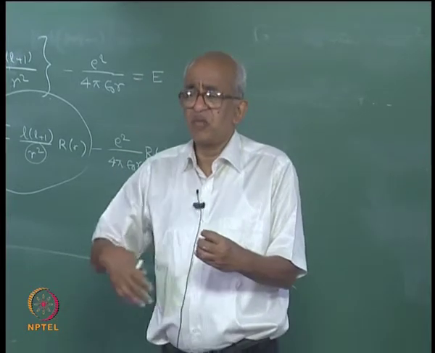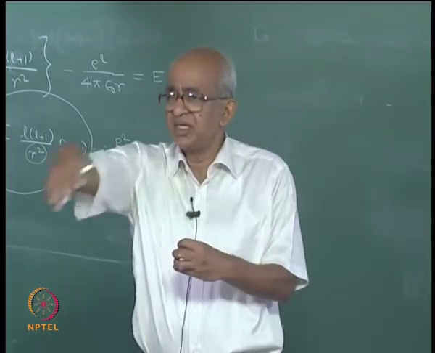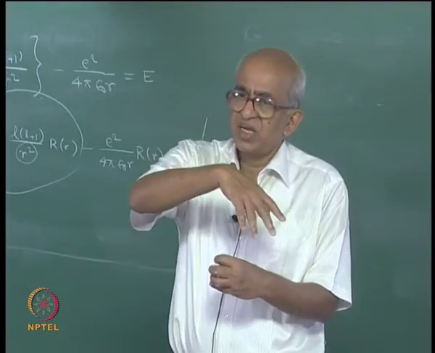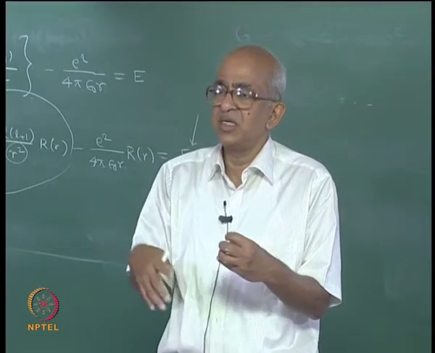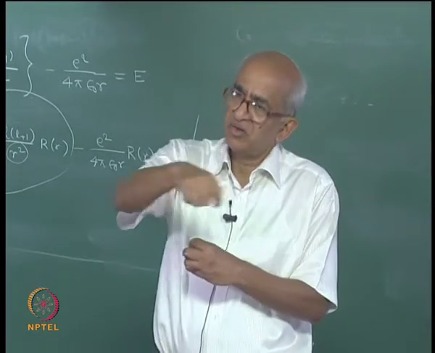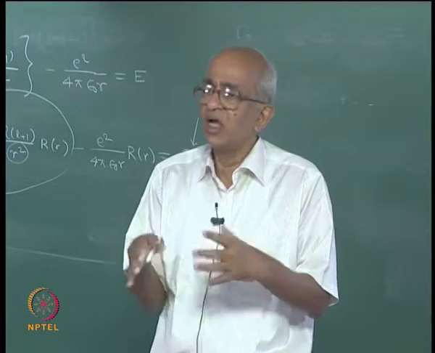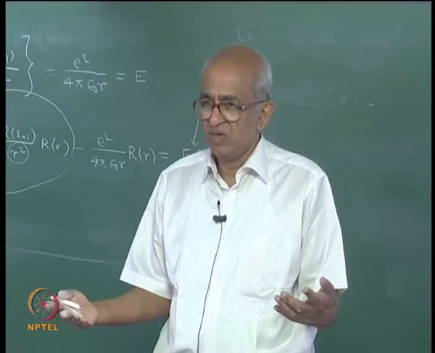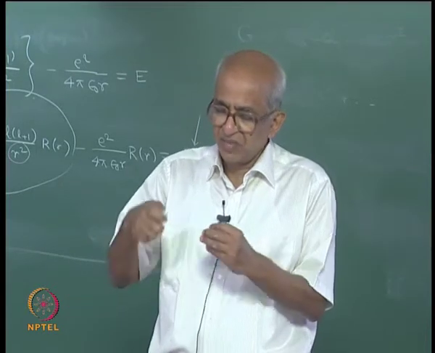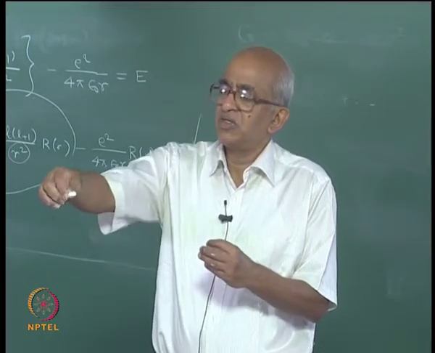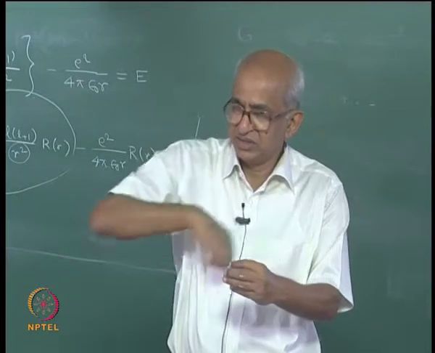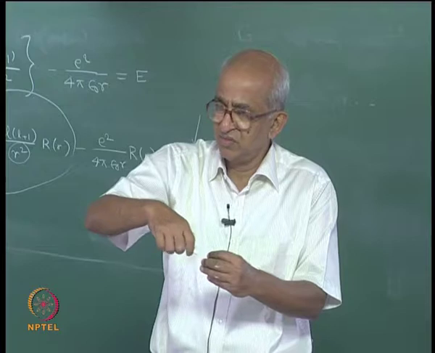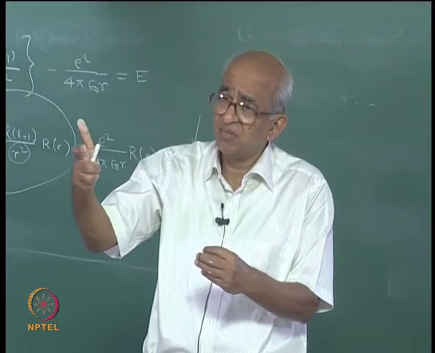And with such a problem, what happens is that the angular momentum, we will come to angular momentum later, but the angular momentum actually is a constant of motion. That means that the electron would move only in such a fashion that the angular momentum does not change. Okay. So, if the angular momentum does not change, suppose the electron is moving in this direction, and suppose somehow it comes close to the nucleus, the value of the angular momentum has to be the same.